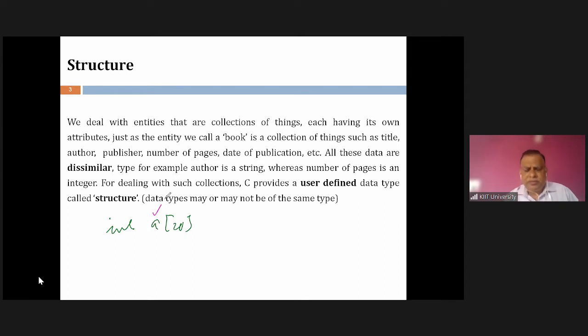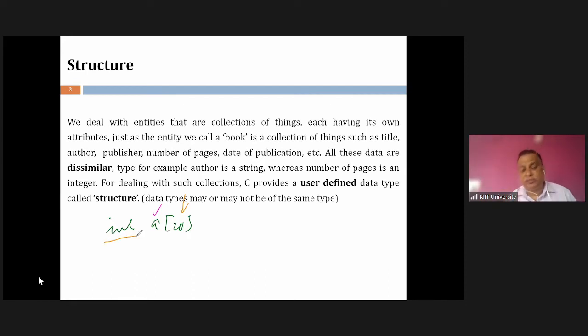Let me say we have an array which has a number of data members. I use a new term here: number of data members. The number of data members of the array here is 20. So this array has 20 data members where all data members are of integer type.